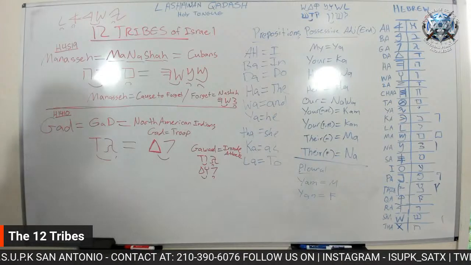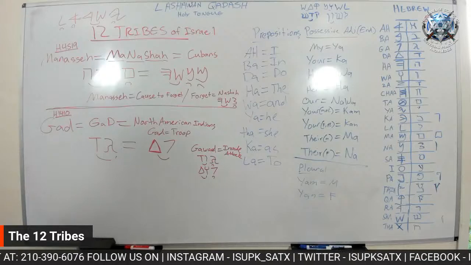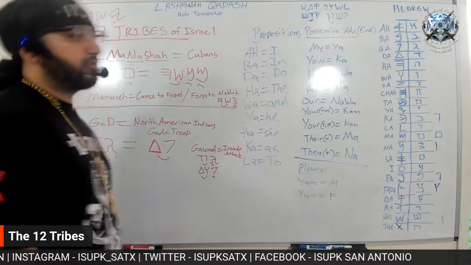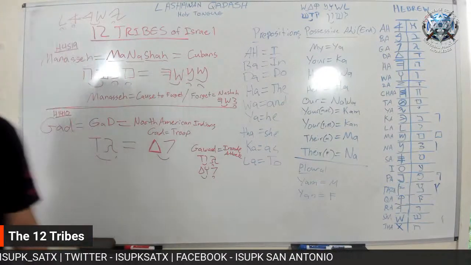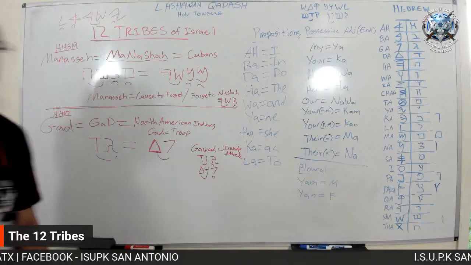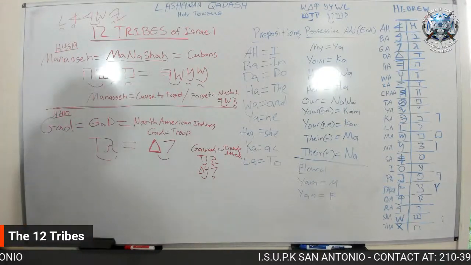It would be the tribe of Gad, even though, yeah, that is their prophecy, because what ended up happening with North America, it got taken over by the settlement, right? The 13 colonies. And even in the midst of all that, you still had the other tribes like Isupk, like Central America, that also helped push back.